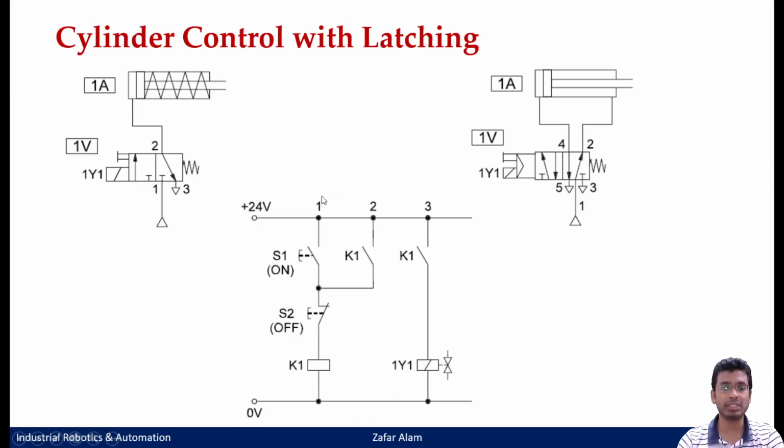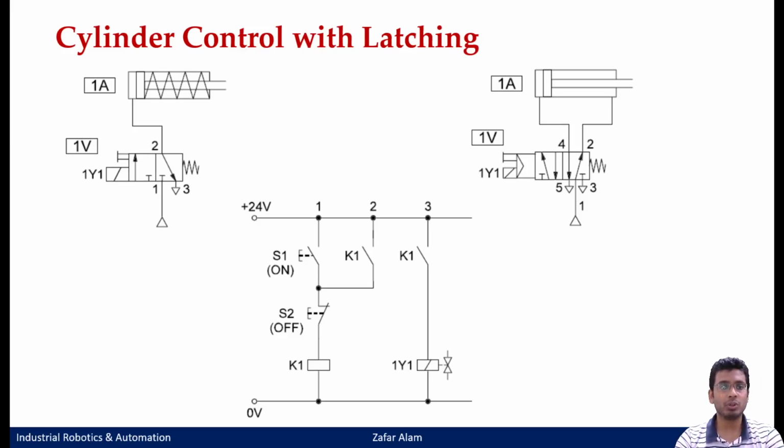Fine. So if you see, this is the case of a dominant on circuit or dominant off circuit. Anyone? Yeah, good. It is dominant off, because if I press both push buttons together, then my cylinder would not extend. Either single acting or double acting, both would not extend. Fine. So this is one example. I showed you how cylinder control with latching is going to work. You can use latching circuits in a variety of other places also.